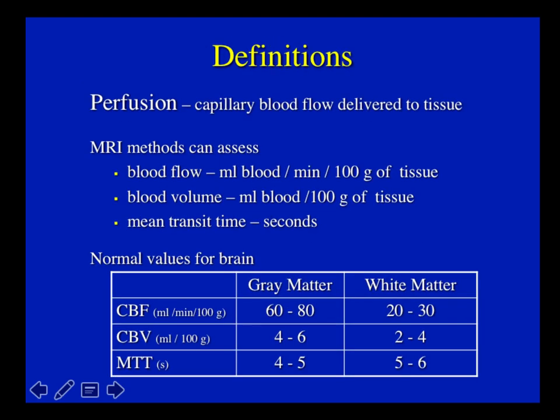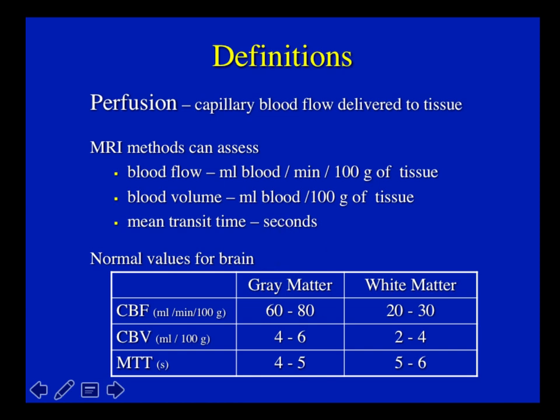Just to make sure that we are all thinking about the same thing, perfusion refers to capillary blood flow. Here we would like to measure the following parameters generally: blood flow itself, blood volume, and the mean transit time. Blood flow is normally measured as a quantity of blood per unit time per some amount of tissue, and blood volume is the quantity of blood in a certain amount of tissue. The mean transit time is the average time the blood spends traversing the capillary bed,